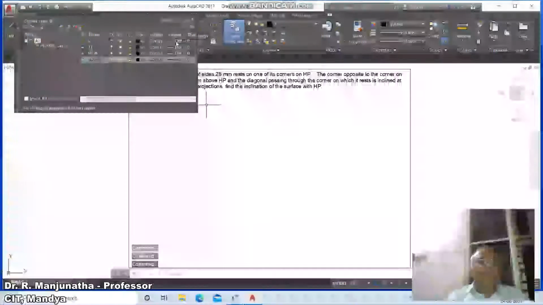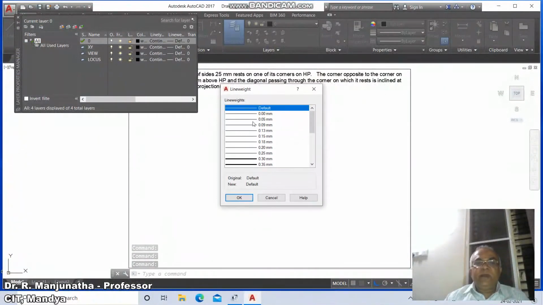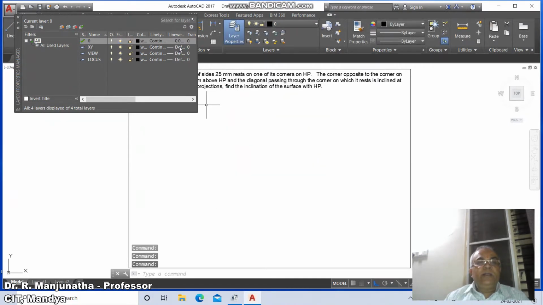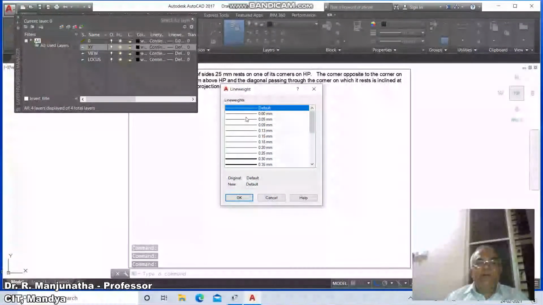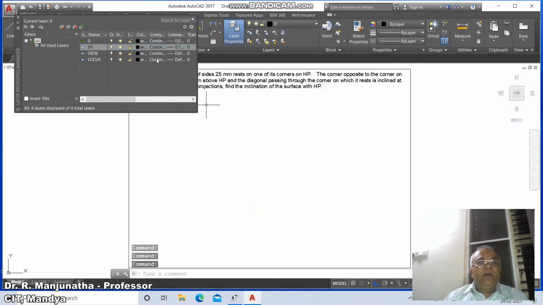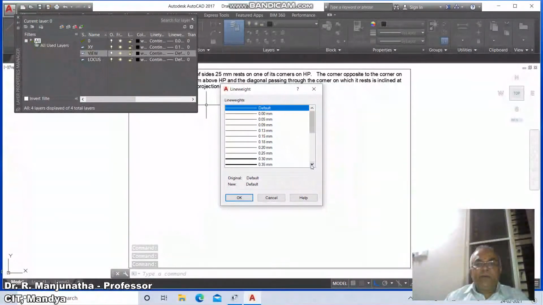Set the line weight of layer 0 as 0.05 and say OK. Set the layer XY line weight as 0.13 and say OK. Set the views layer line weight to 0.5 and say OK.